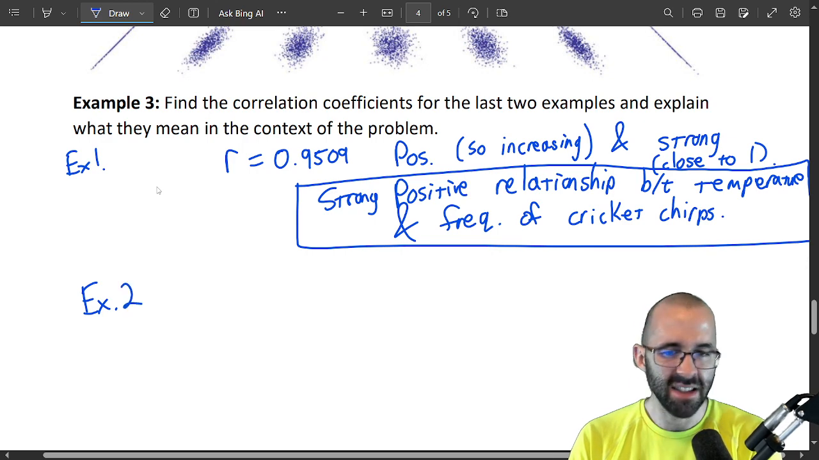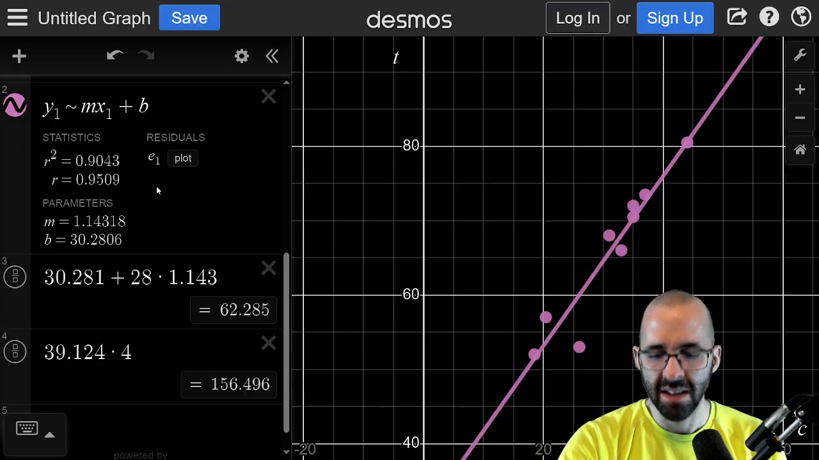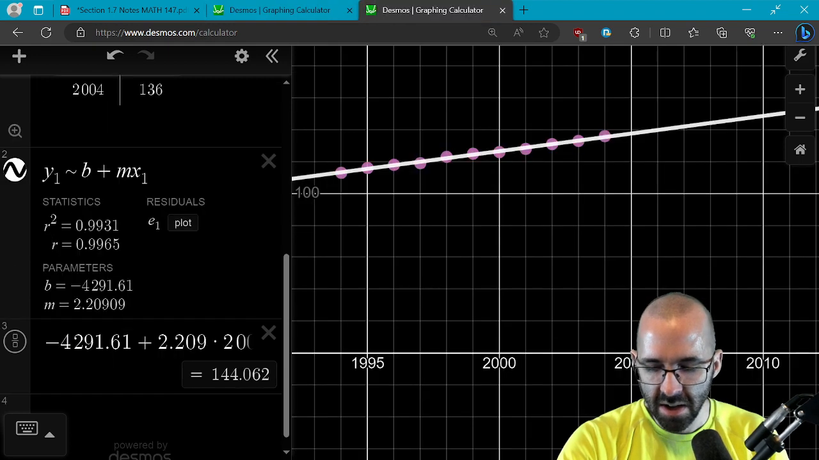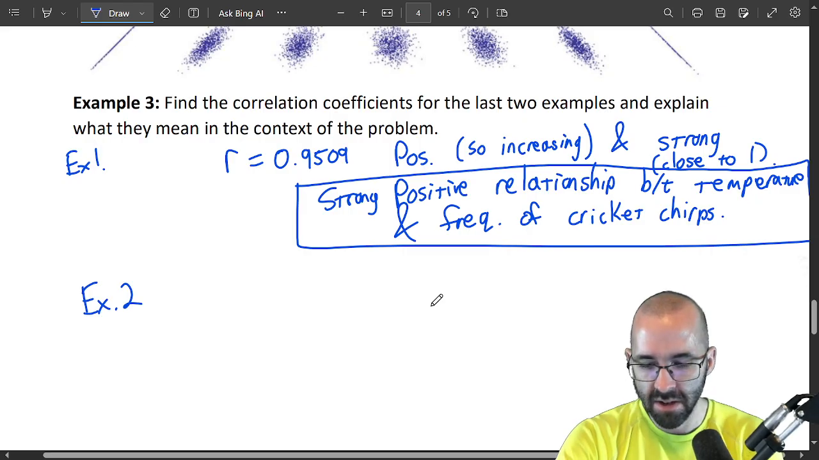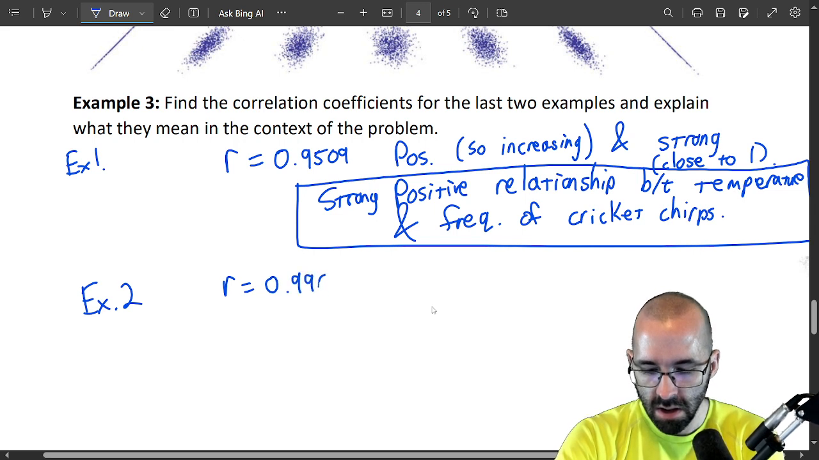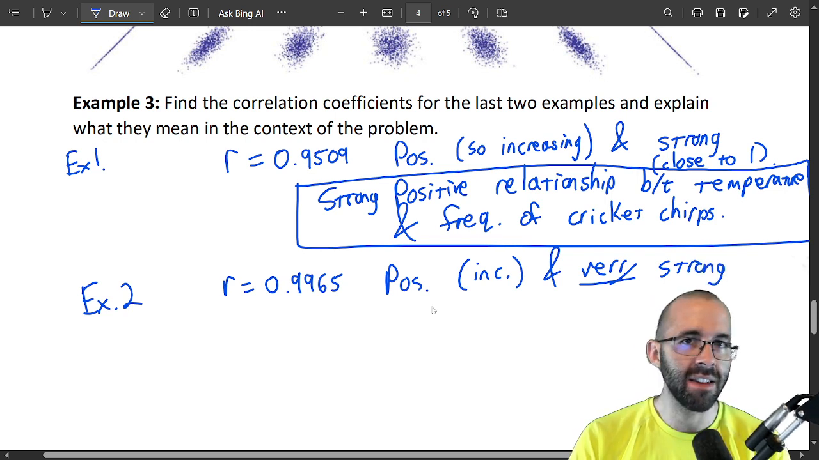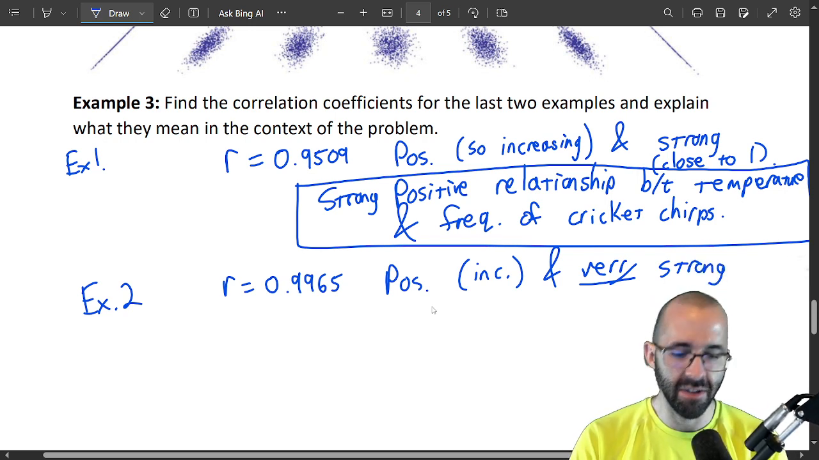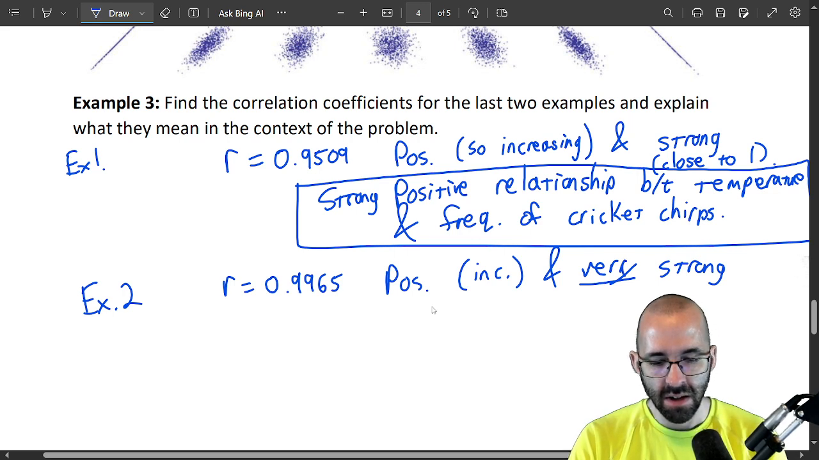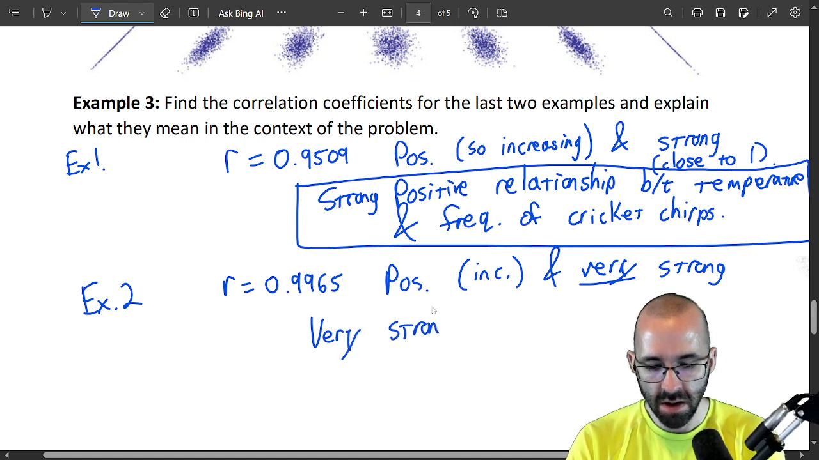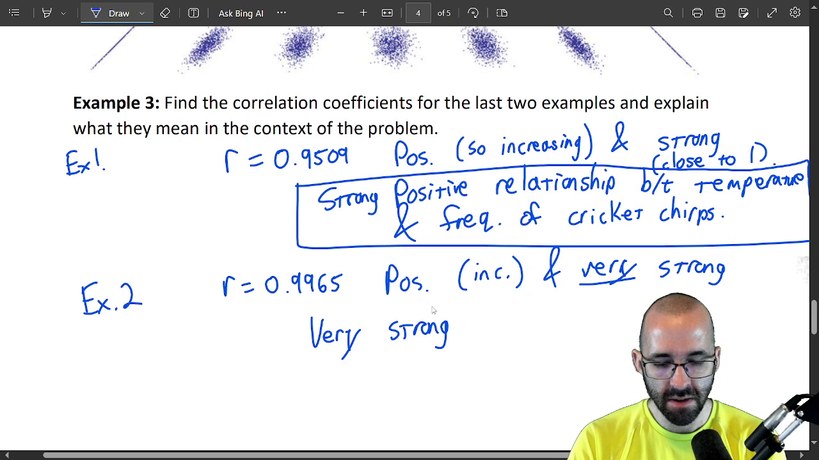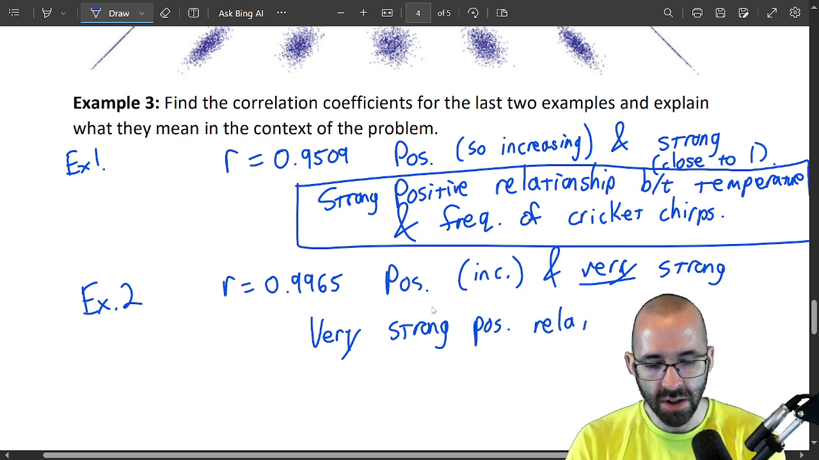For the second example, it's actually disappointingly similar. Right, the second example, R was 0.9965. Again, this is a positive R value, so it's still increasing. And it's very, very strong. There's no line in the sand between strong and very strong, but this is definitely very strong. Okay, so again, we'll say a very strong positive or direct relationship